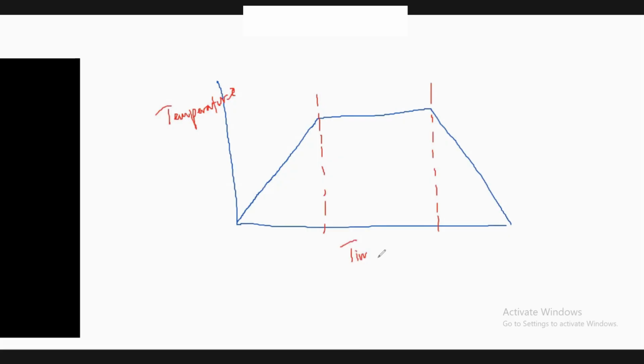Time is here, okay? So this is heating. This is soaking. And this is cooling. So what happened here is, say, at this point, to this point,